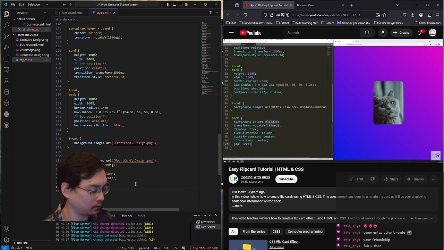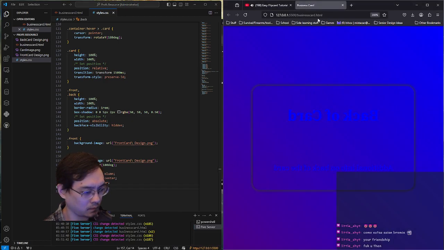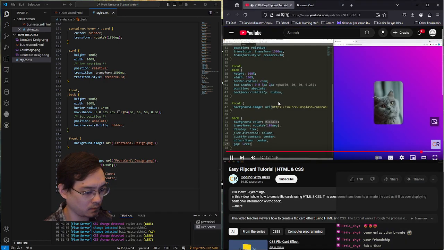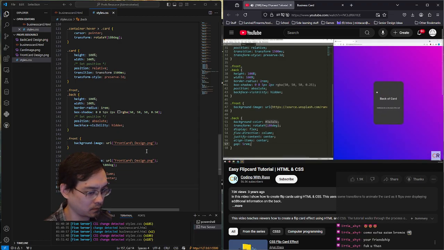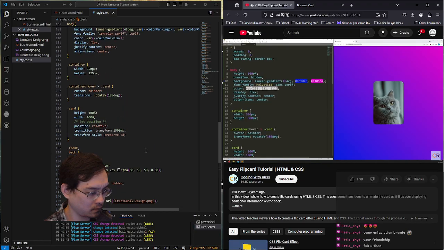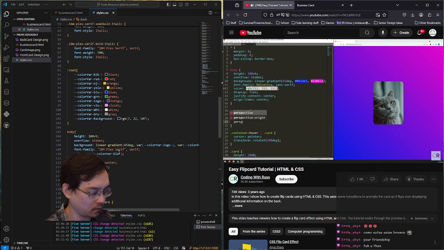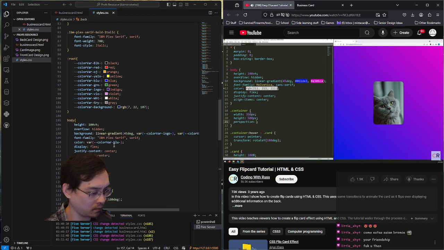Now before I close this out, there's one more thing that I want to add. At the moment when I hover over this, it's not really much of a 3D effect. You can kind of see that the image just gets compressed into the middle and then opens out again. So what you can add in here in the container class is a perspective value. So if I add a perspective of say 500,